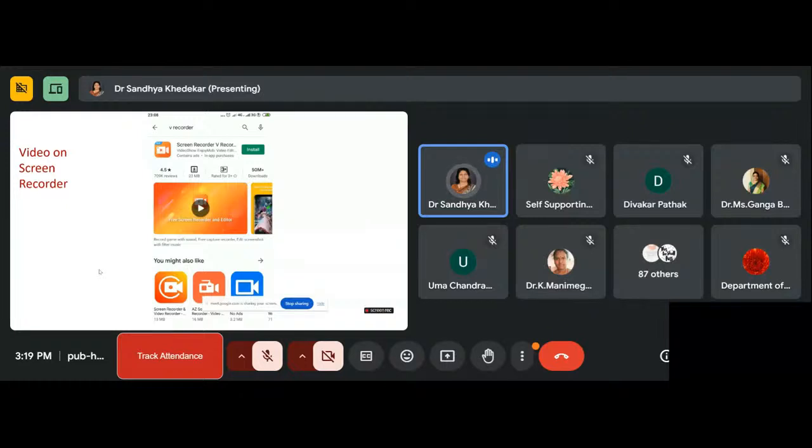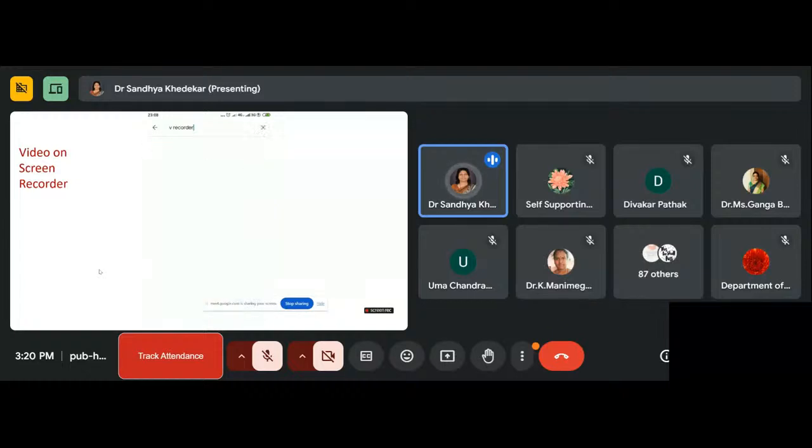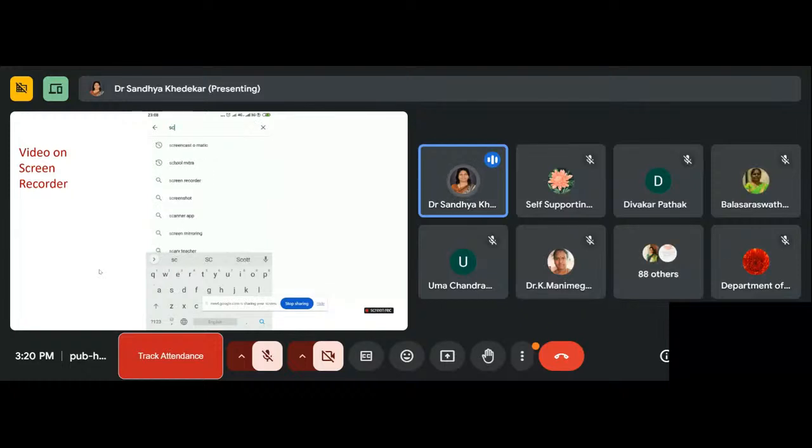It will take a few minutes to install. And this screen recorder has some options for recording your screen, and it's free. So you can use different kinds of recorders also. So now I'll cancel this thing. I'll show you some more screen recorders.